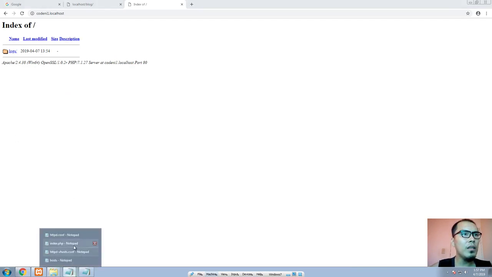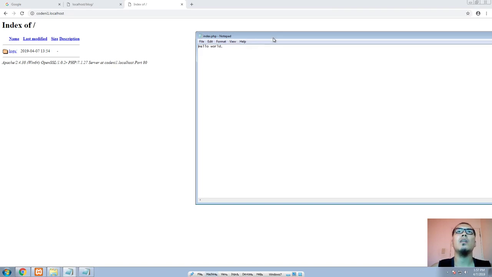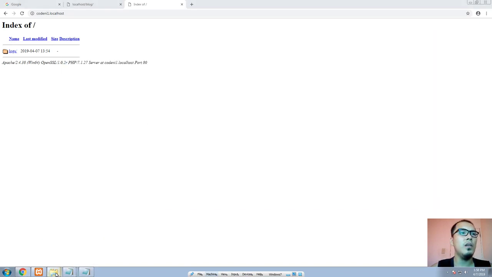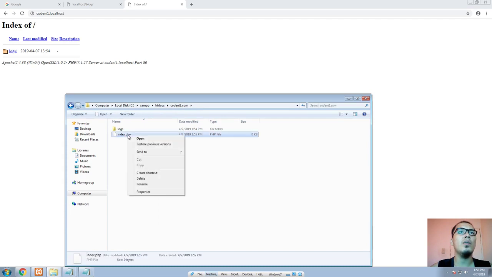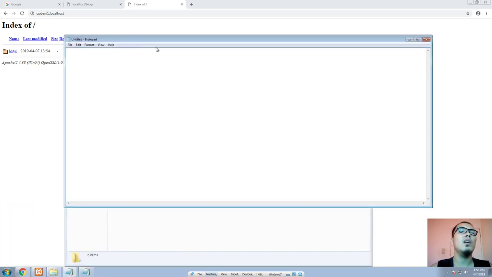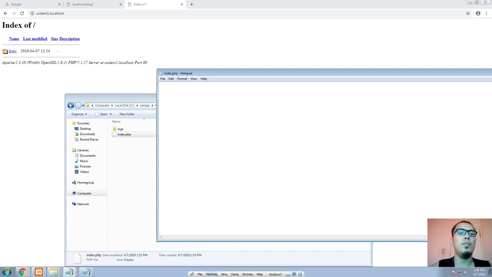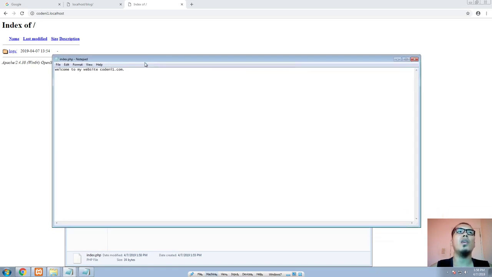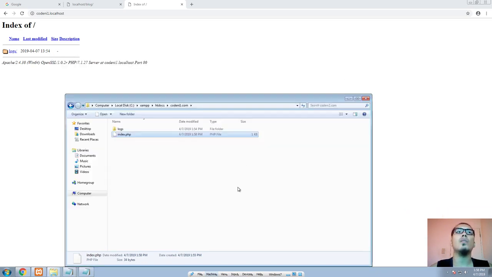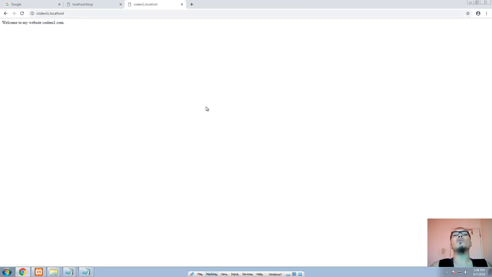Okay, so let's go back to our index.php. I think that's not the one. Code new one, and then here let's update this one, and then we can just simply write welcome to my website, codenew1.com. All right, and then save. Need to save, and then close it, and then refresh it again. There you go. Okay, so that's how to set up a virtual host in your local environment using Windows 7